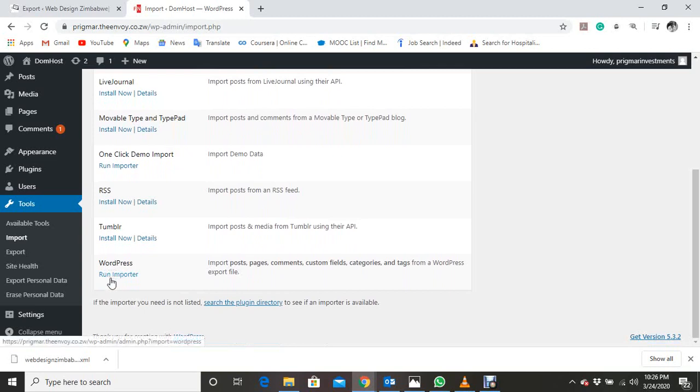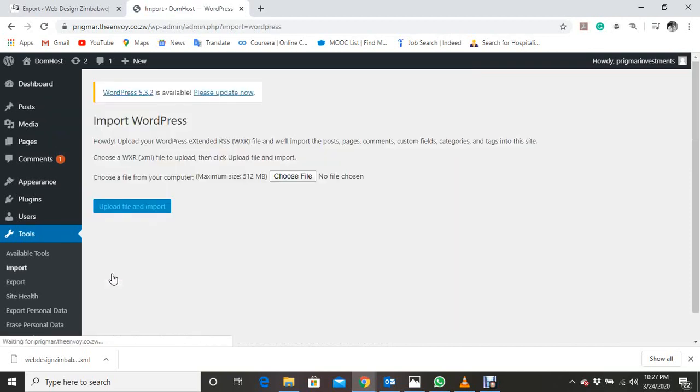Normally I have used this before, so that's why you see, like here, if you can see on Tumblr, that's what you'll be able to see if it is your first time to visit this page or to install this on WordPress. So you have to click this option to install, and then after installing, it will take you to this option where it's saying run importer, and then you just click this option here, and then it will take you to this